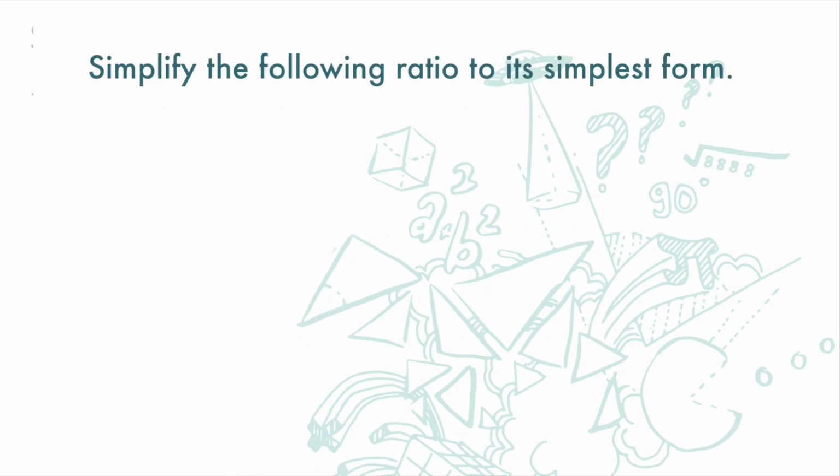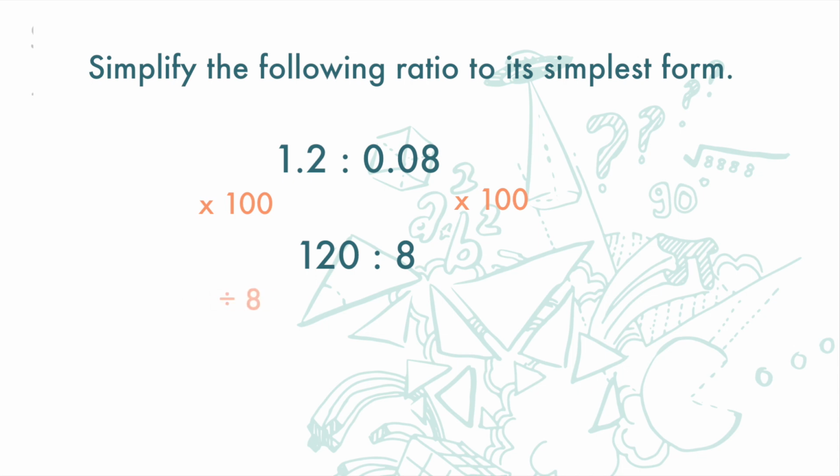One more question. Simplify the following ratio to its simplest form. First, we need to get rid of the decimals. The smallest decimal is 0.08, and we need to multiply it by 100 to make it into whole numbers. So we multiply both sides by 100 and we get